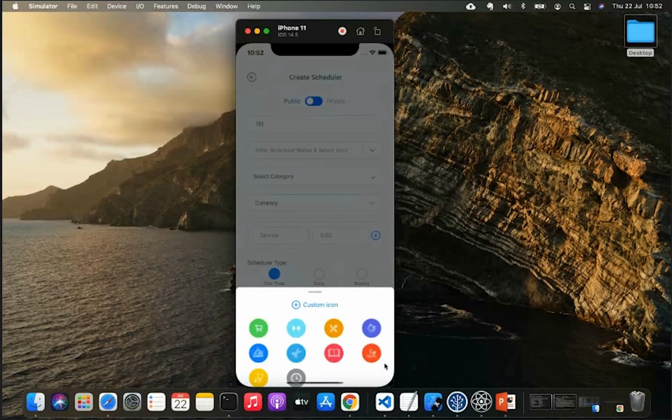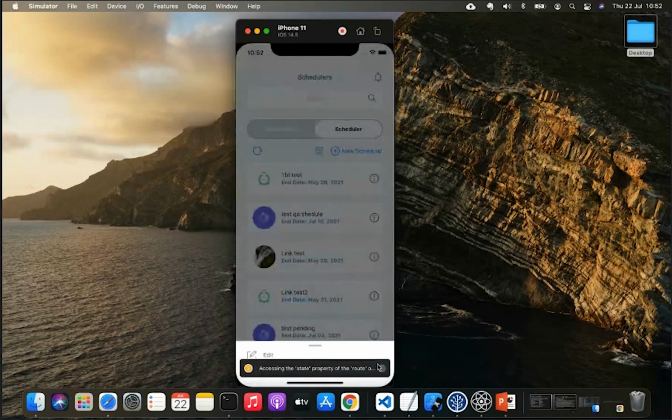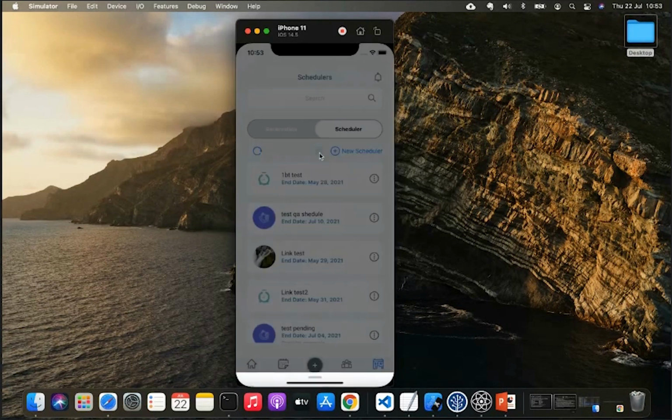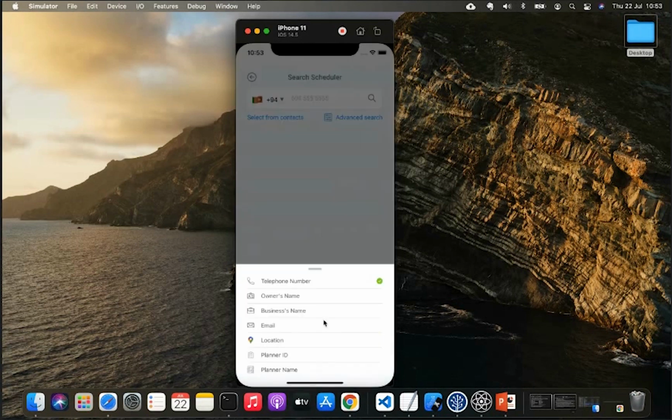Actually this component has been used multiple times. This is the bottom navigation component. Here again, this is also bottom navigation with different props. We have created this component by keeping space for passing any kind of properties to this component.